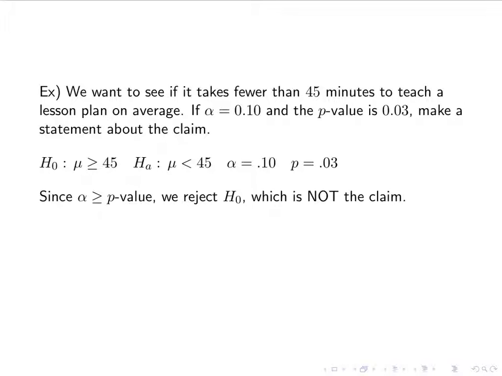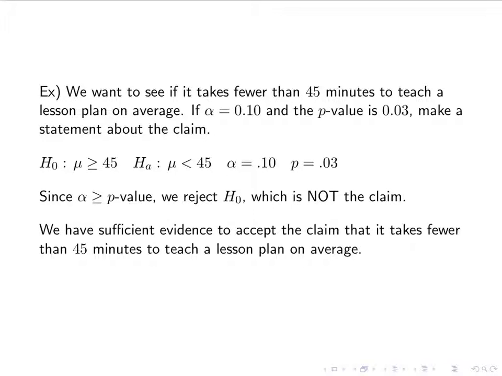Alpha is bigger than the p-value, so we reject H naught, which again in this case is not the claim. So we reject H naught, which means we're in favor of HA, which is the claim, so we are in favor of the claim. So our conclusion would be something like, we have sufficient evidence to accept the claim that it takes fewer than 45 minutes to teach a lesson plan on average. So again, once you've decided to reject or fail to reject the null hypothesis, we then translate that back to the original question, and